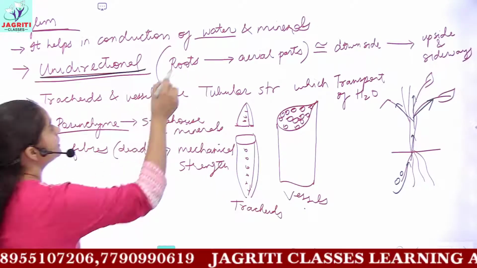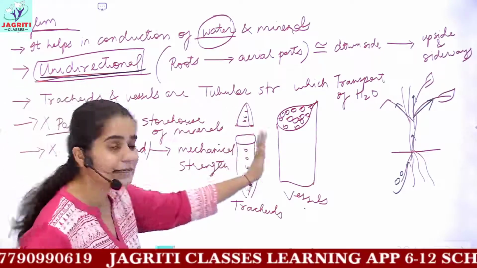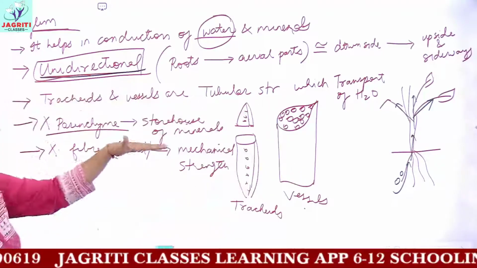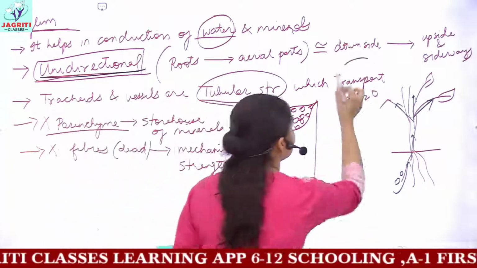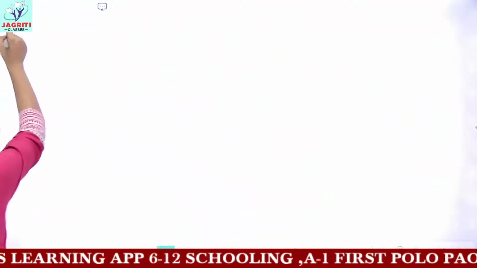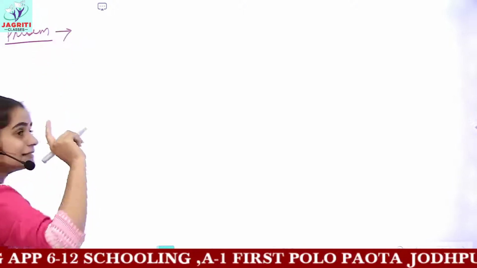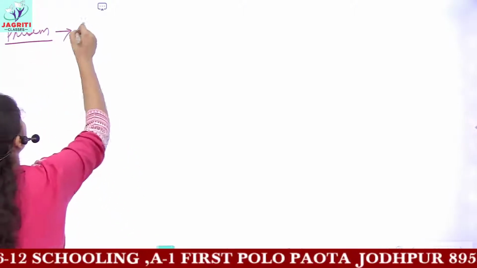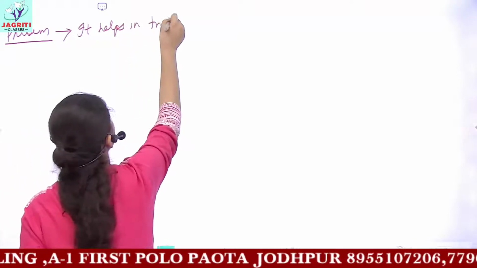So this is an account of xylem that you have with you. Remember, it helps in the conduction of water and the flow is unidirectional. Then the diagrams and the functions of each structure, that is their structural features, their shape and their function. Now at last we will be doing phloem, and that would complete our today's class. Phloem, this is the conducting tissue which helps in transport of food.